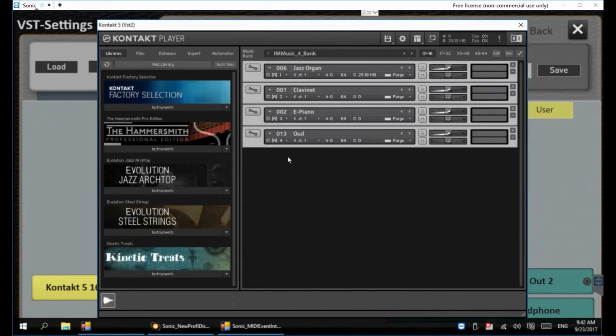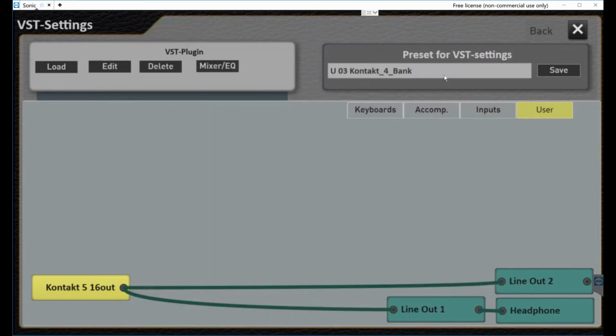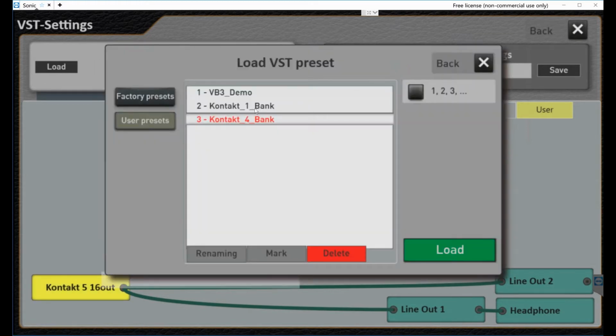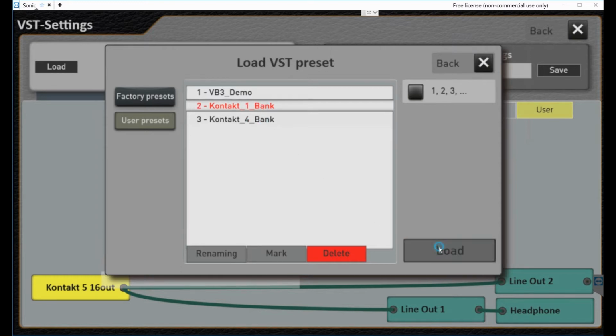One thing we probably should show you is how to switch Kontakt back and forth. So remember, we have a set of instrument banks with Hammersmith and Evolution Jazz and Evolution Steel guitars in it. And then we have this bank that you see right now with these other sounds in it, okay? So you can do a couple of different things here. Let's go ahead and close this. So notice up here, we've got 4 bank, and let's click this. I've saved these as 2 different presets. Let's go ahead and load Kontakt 1 bank,